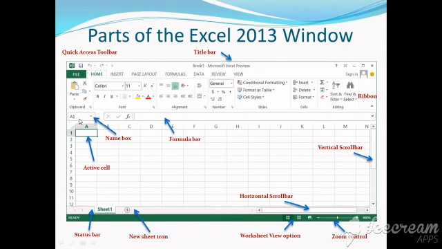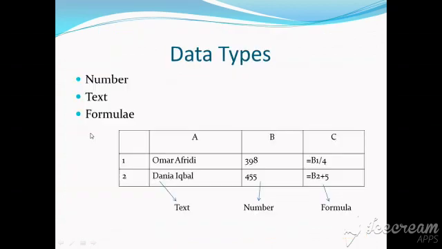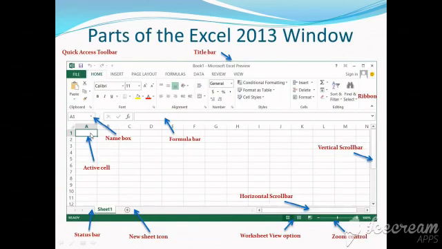Okay, we can have A1 over here. We have A, B, C, D, E, F, G. These are the names of the columns, and on your left side we have numbers, and those numbers represent rows. So we can have A1, which means A is the column name and 1 is the row number. As you can see, this cell is active, so this is the active cell, and A1 shows the name of that active cell, or you can say the address of that active cell. So the name box always shows you the name.